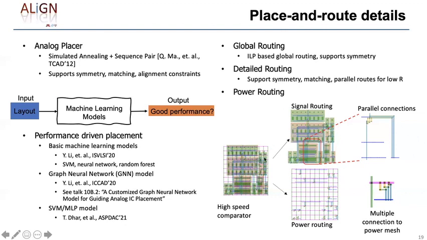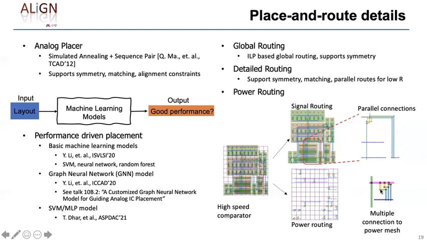So let's look at the results over here. This is a layout of a high-speed comparator. Signal routes are shown here. The power route shows the grid that's built over this and connections to the individual cells. Within the signal routes, you can see the use of parallel connections, which helps mitigate the impact of high resistance. In a FinFET technology, you have to use parallel routes rather than wider wires. For the power routing, you can see that in some cases where wire R is a significant constraint, you can have large IR drops. So again, you may use parallel connections